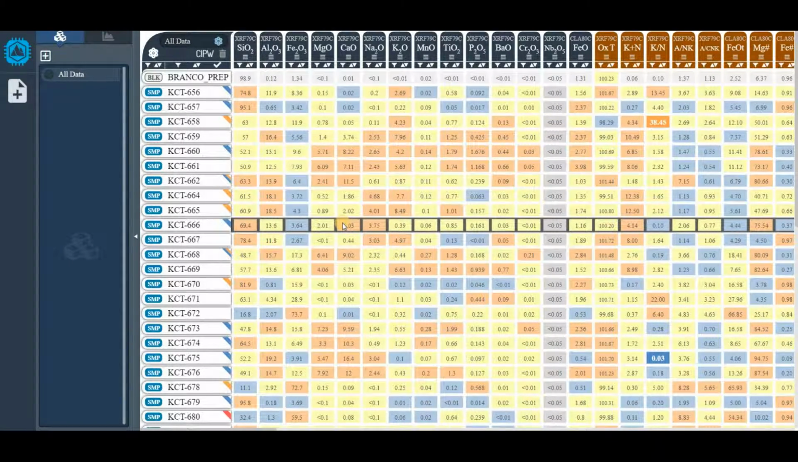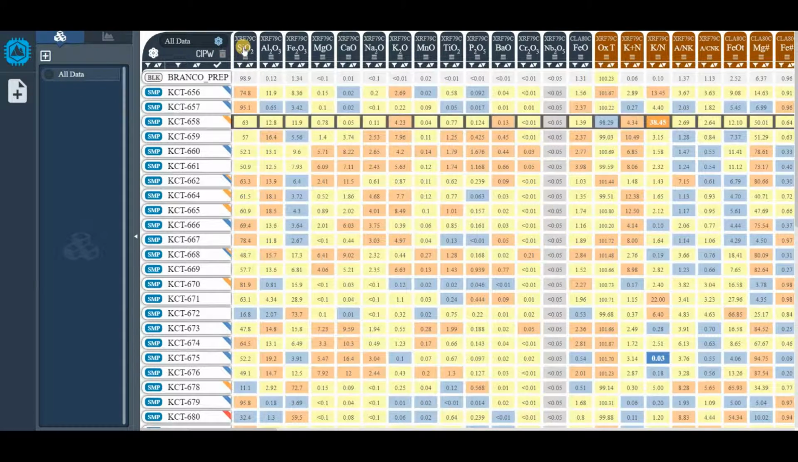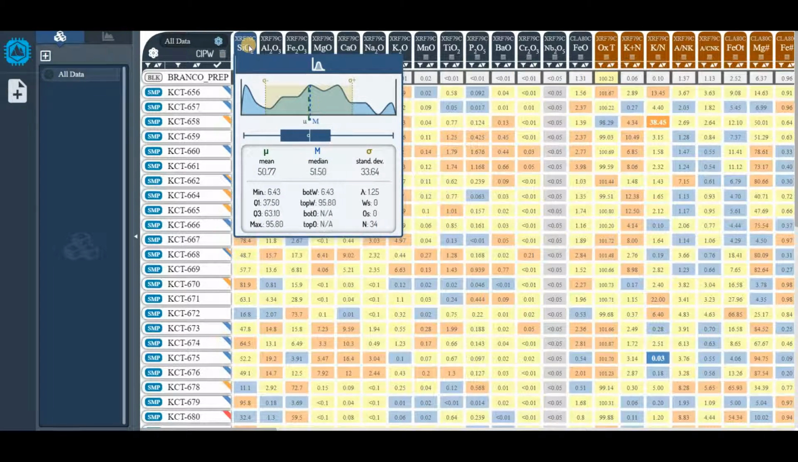If you click in the element name, the statistics will be displayed. The statistics are calculated after applying the Box-Cox transformation to the data. At the top, the histogram of the element analysis is plotted. The standard deviation, the mean, and the median are shown in the histogram. Below the histogram, the box plot is displayed. Below the plots, some statistics values are shown,